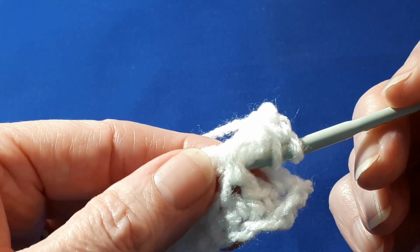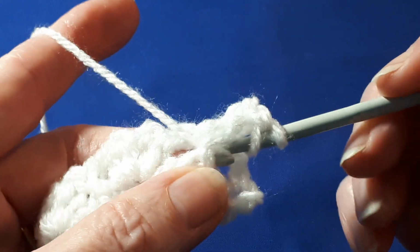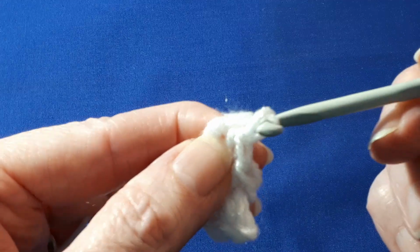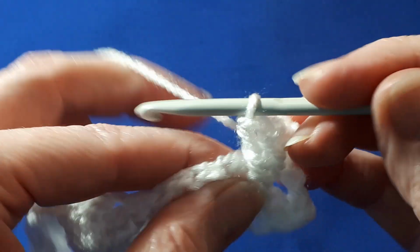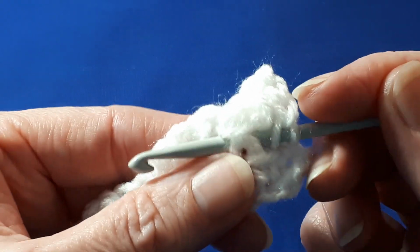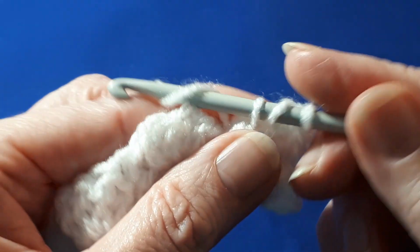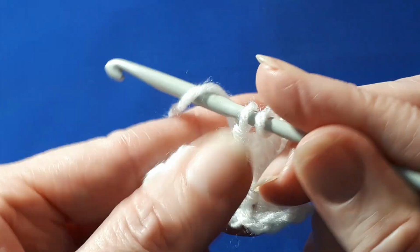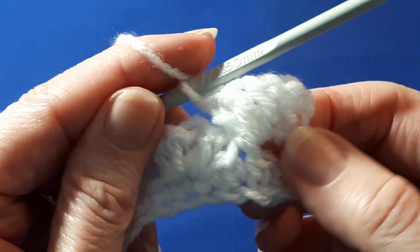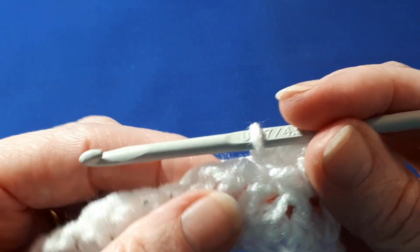So again from the right hand side to the left, yarn over, pull through 2, yarn over, pull through 2 again, and again around the same single crochet from the right hand side to the left, going behind the single crochet, yarn over, pull through, yarn over, pull through 2, and yarn over, pull through 2. And it's sort of twisted that little group of double crochets, and into the next group of double crochets